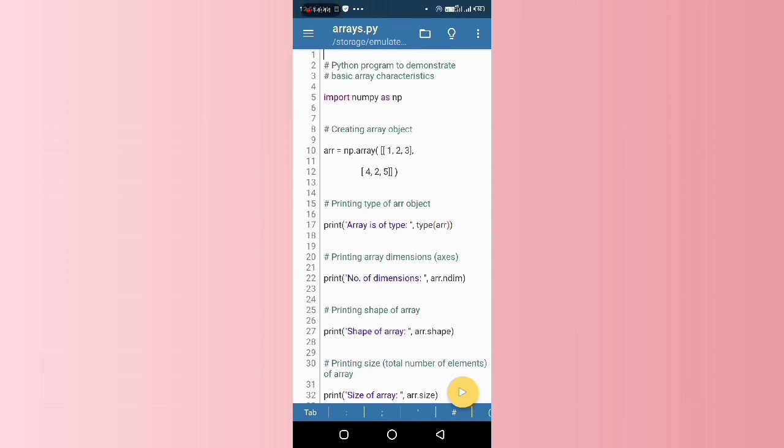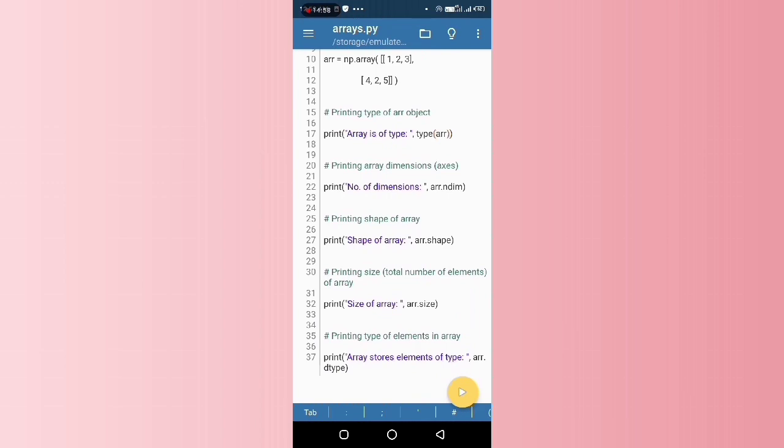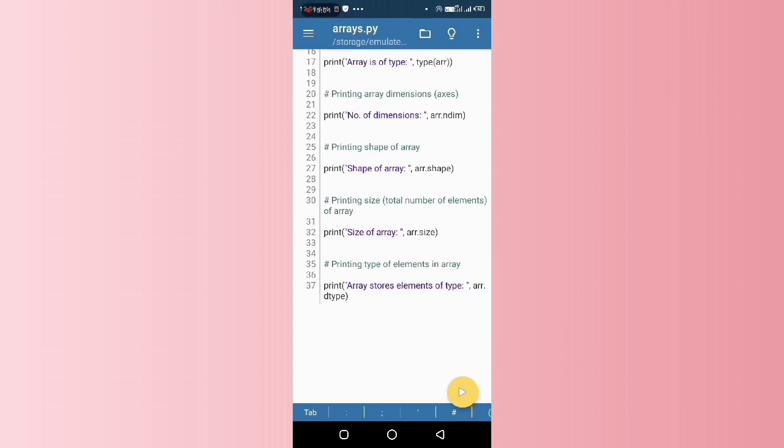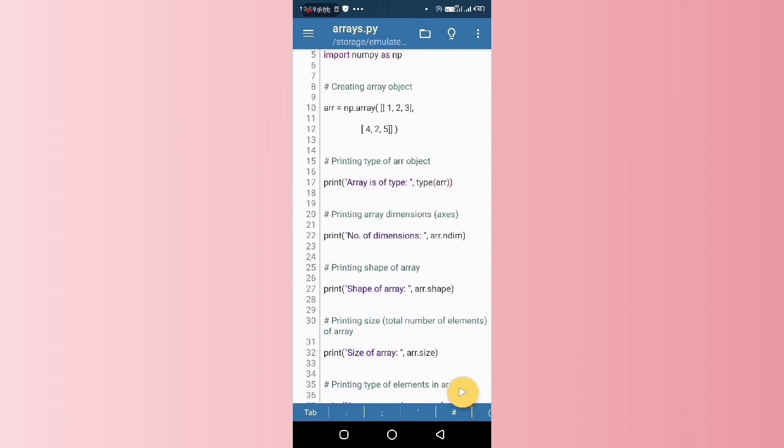If I want to use NumPy, I need to write import numpy as np. What this program is all about is that it will demonstrate basic array characteristics, friends: how to create an array object, how to print the type of the array object, then printing array dimensions, printing the shape of the array, printing the size of the array, and finally printing the type of the elements in the array. So this is the program to do all these things.